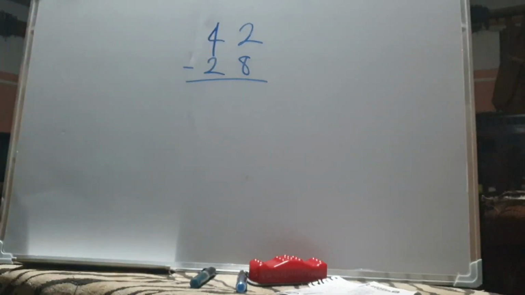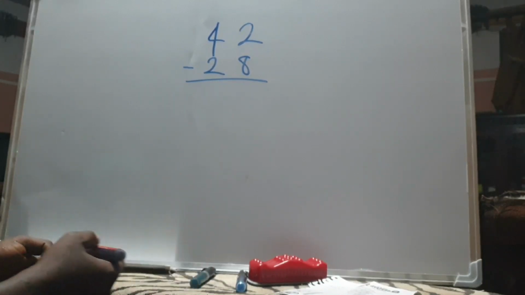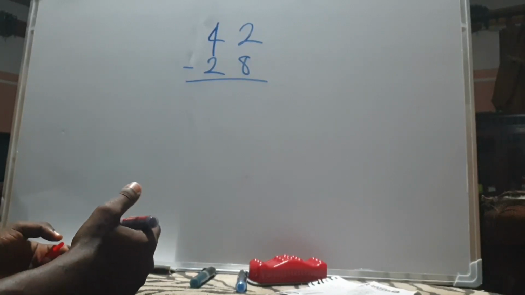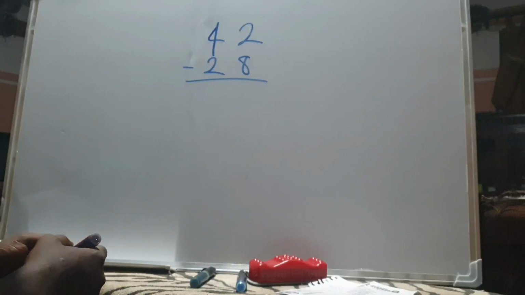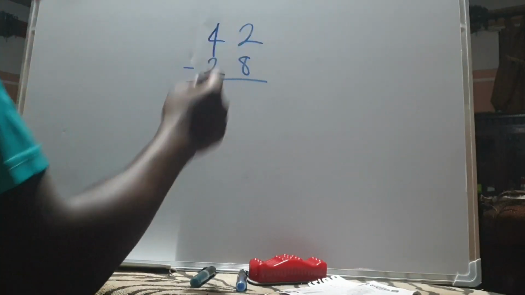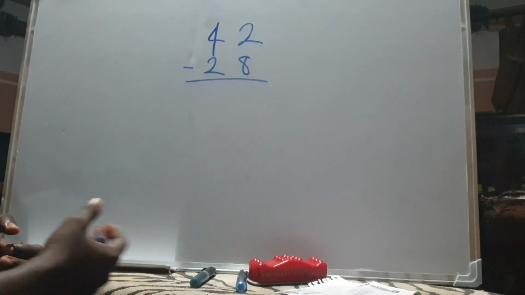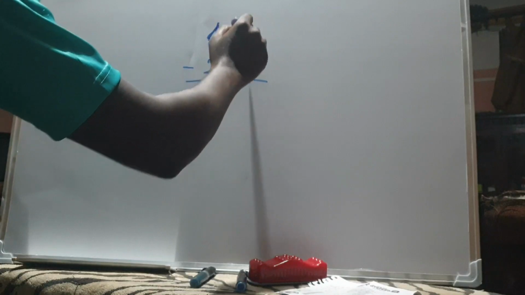I know this is very easy, but understanding how this works will help us understand solving questions in several bases. Like let's say, for example, working in base 5, base 3, base 2, whatever base. This is a base 10 question, though it's not written, we do it every day. If you can remember what you usually do, normally this is 4 and this is 2